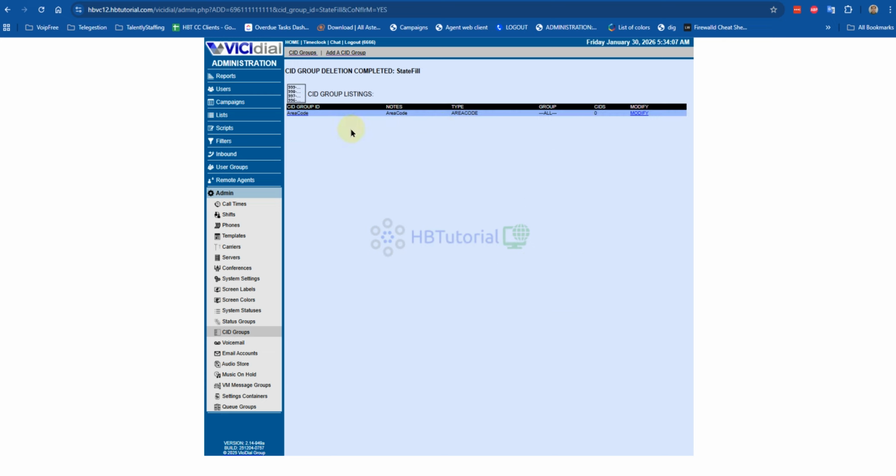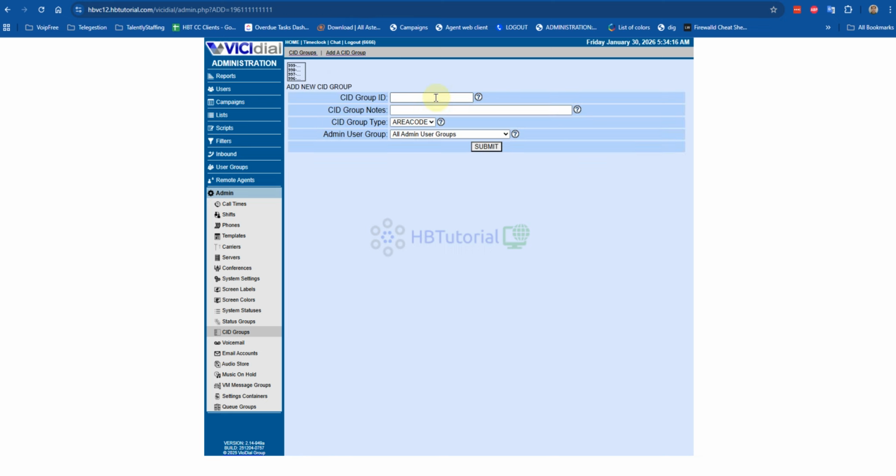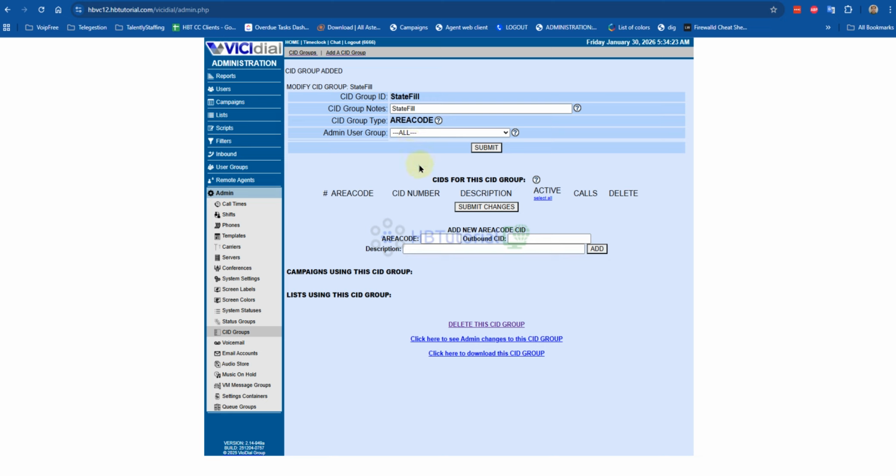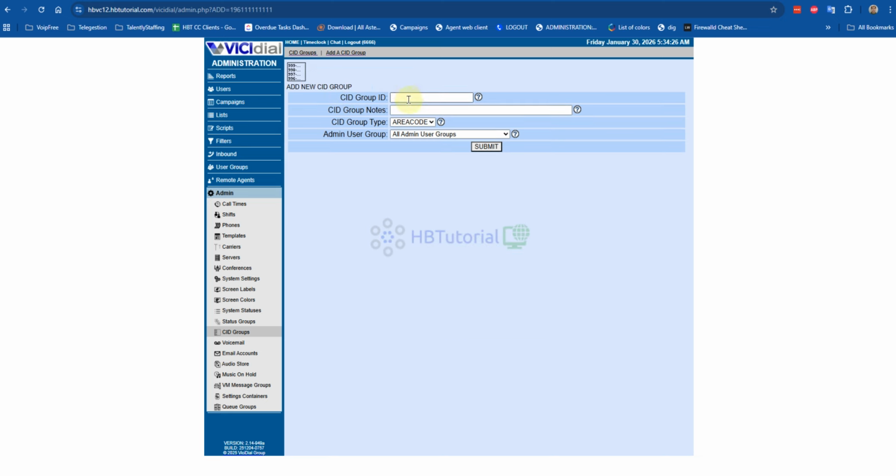So this one, we have here already area code base. So I'm going to add again, like state field. It means still state field, but it will base also on the area code. Okay. And I will add also another CID update. Okay, so put this one to none.